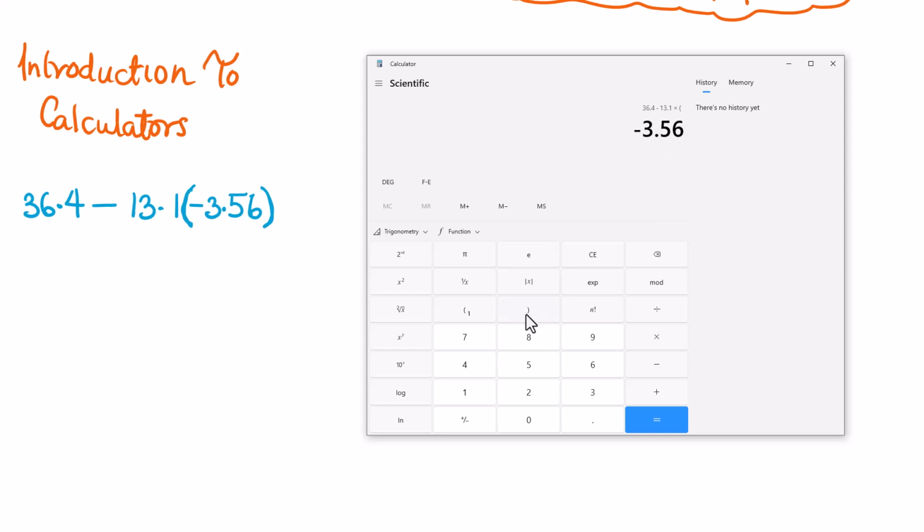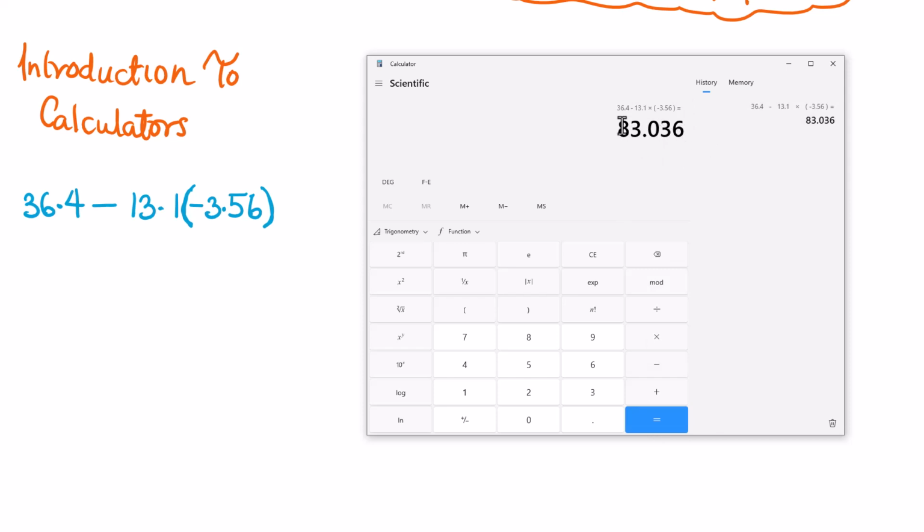Therefore, once we do that, we close the bracket, and what we have now is the 1 disappears, which means that we have completed the use of our parentheses. And what we see here is that, of course, our negative 13.1 is multiplied by negative 3.56, which is shown right here. And therefore, once we hit our equal sign, we have our answer to be, in this case,